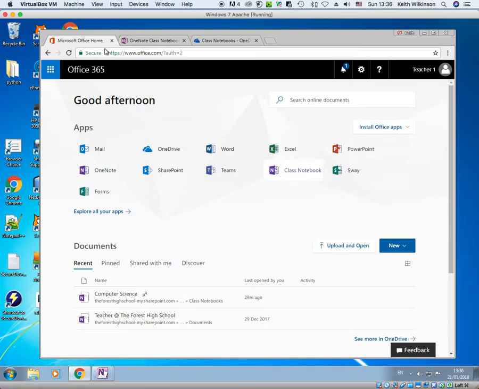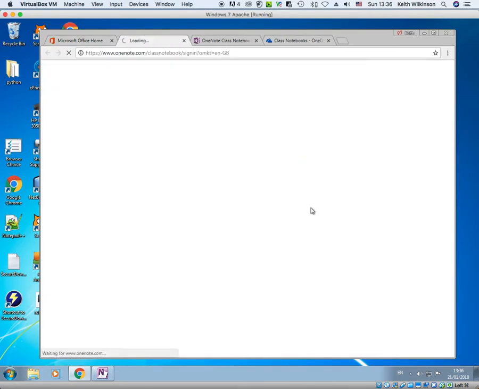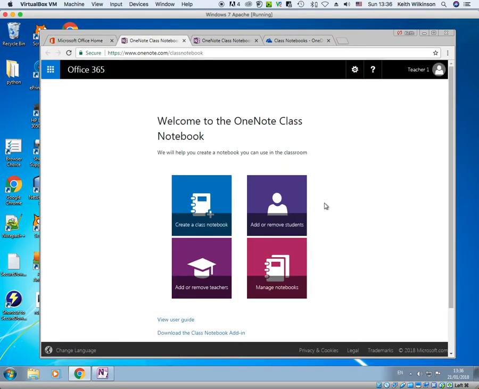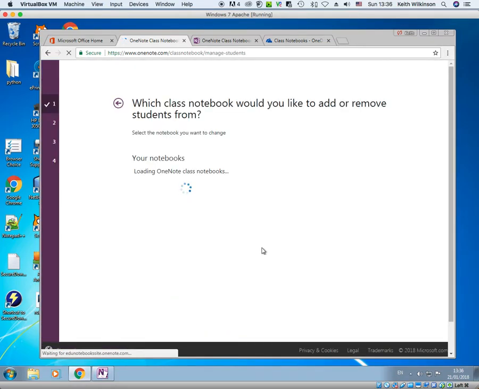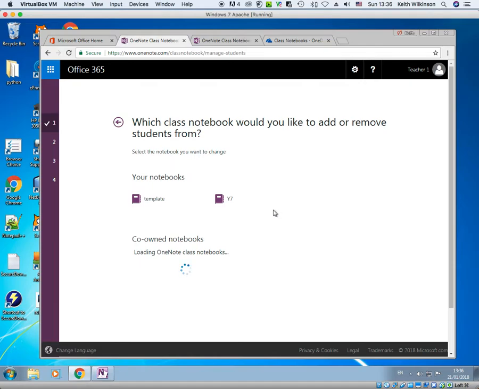So if I go back to Manage Notebooks, whoops, too far. If I choose Add or Remove Students, it's going to give me which notebooks I want to add my students to. This would be really nice if it linked with SIMS and you could just type in the name of your set and it would populate it. It doesn't. You have to put them in one at a time. So I'm going to put student 1 into my Year 7